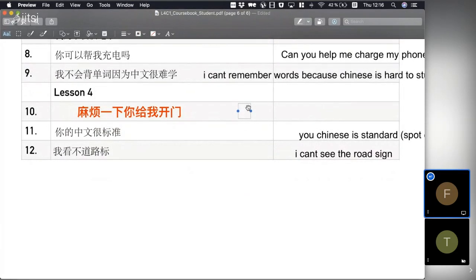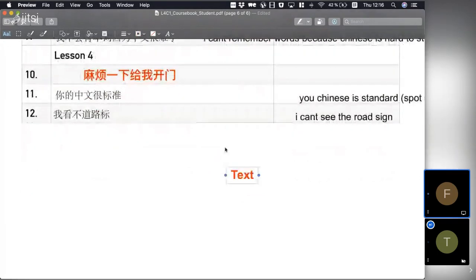Say that two times. 麻烦一下你给我. Actually, skip the 你. 麻烦一下给我开门. 麻烦一下给我开门. One more time. 再读一次。麻烦一下给我开门。非常好。